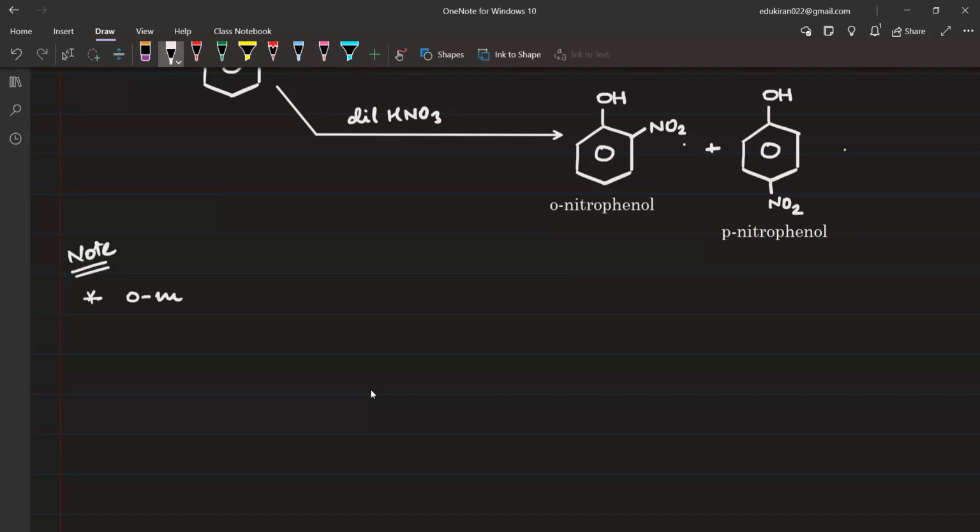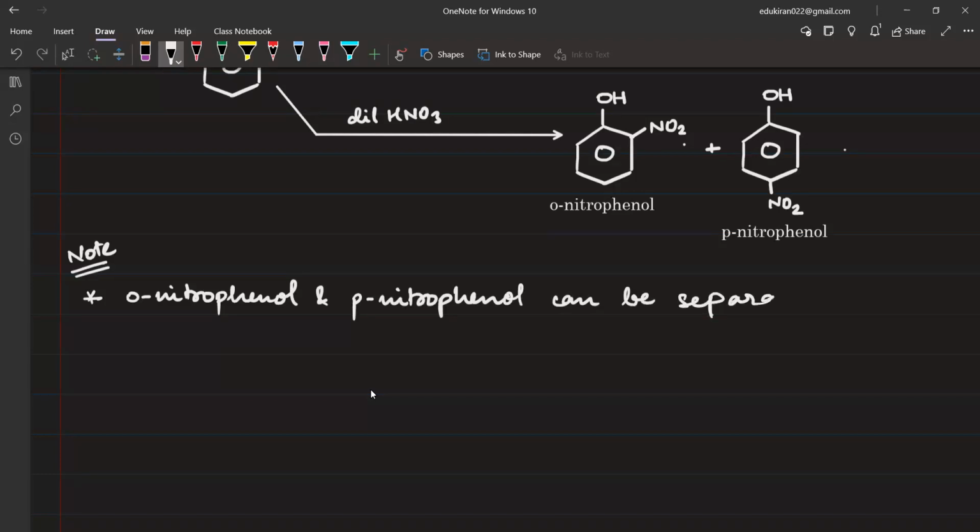O-nitrophenol and P-nitrophenol can be separated by steam distillation,